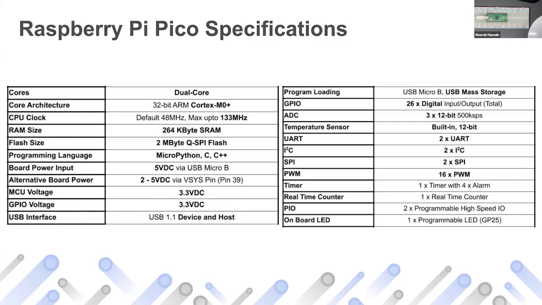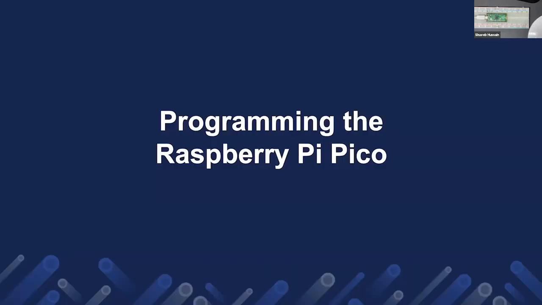It's got some specialized hardware called programmable IO. I won't be covering this, but you can later on figure out how to use it. You'll only need it if you're trying to talk to some specialized hardware which doesn't support SPI or I2C or whatever is supported by this chip, right? So I don't see a lot of use for it, but it's very, very flexible to have it. But we'll not be going into any details in this particular talk. And there's an onboard LED which is connected to GPIO 25, right? So we'll also be using it.